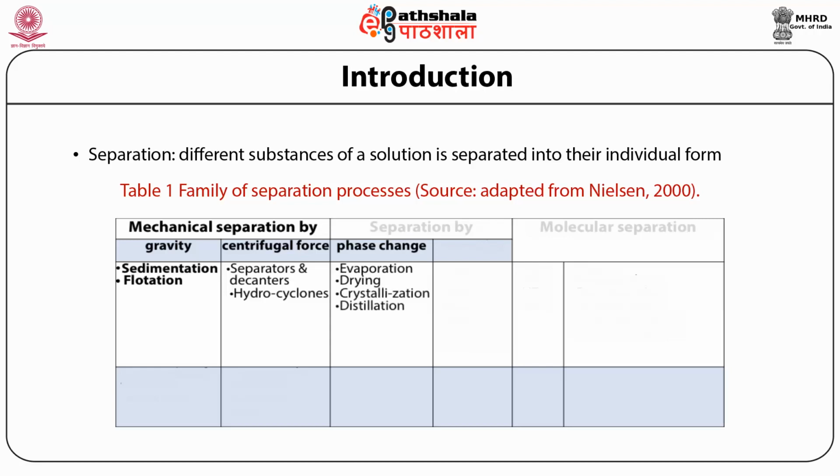Crystallization and distillation. Next is the separation by extraction, like liquid. It may be solid liquid or it may be supercritical, where CO2 is used as the most common solvent after water. Water is very frequently used, but in supercritical fluid extraction, normally CO2 is used because it is next to water in utilization as a solvent, because it is easily available and is cheaper also.